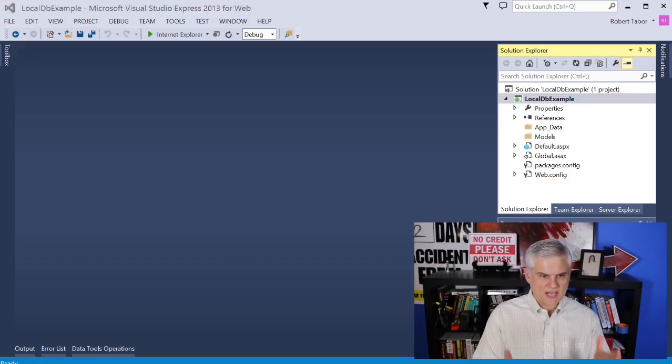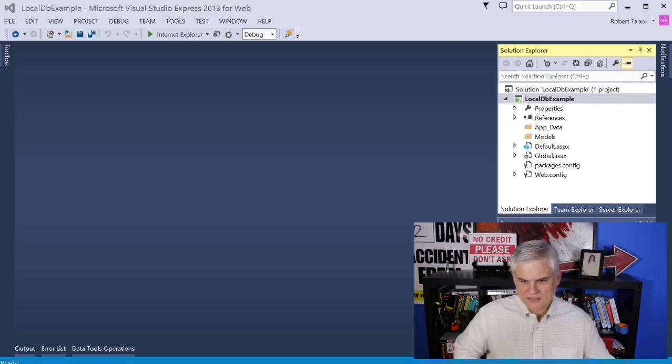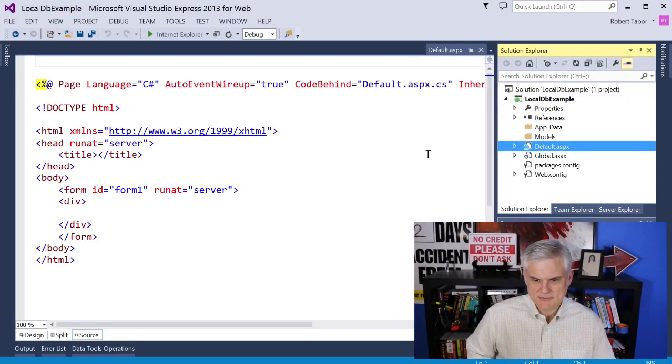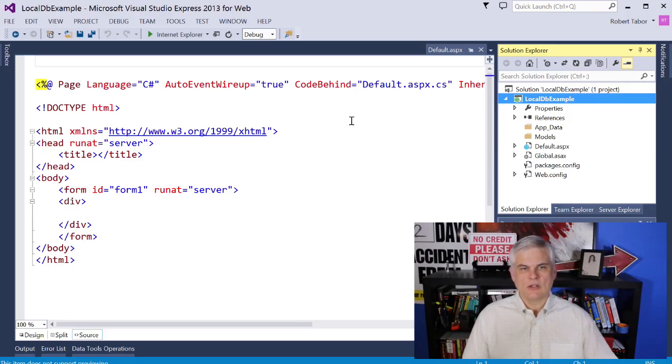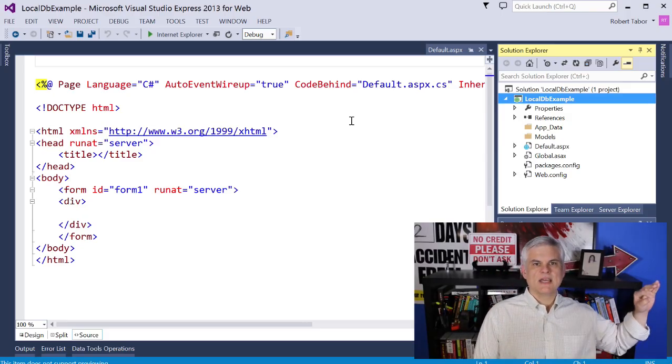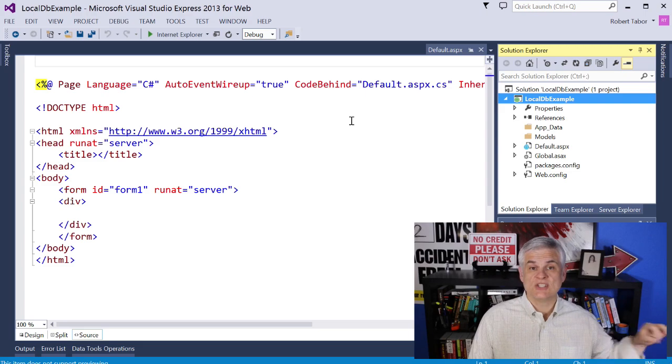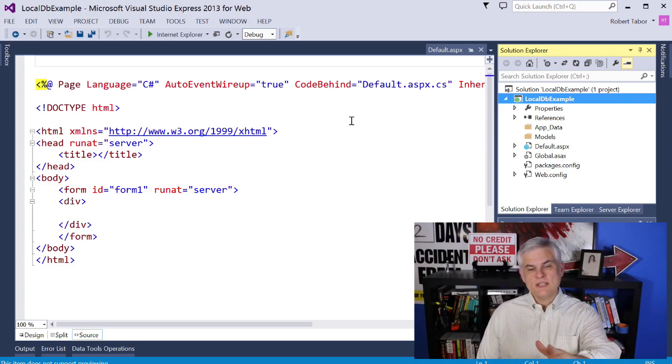So as you can see, I currently have a project that I'm working with, LocalDB Example. And I've done nothing here except add a new default.aspx page to my application. Now, the thing that I want to do first is talk about LocalDB. There are many different editions of SQL Server. LocalDB is an edition of SQL Server intended for software developers to be used on their